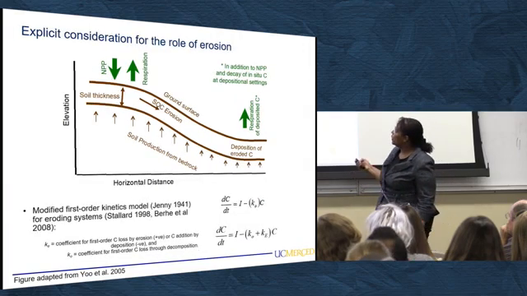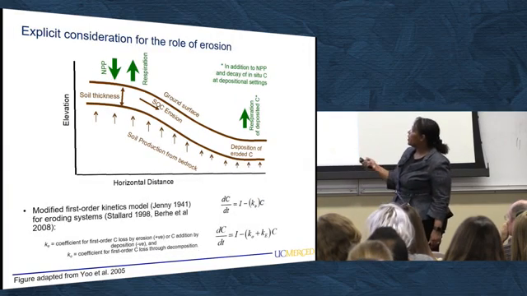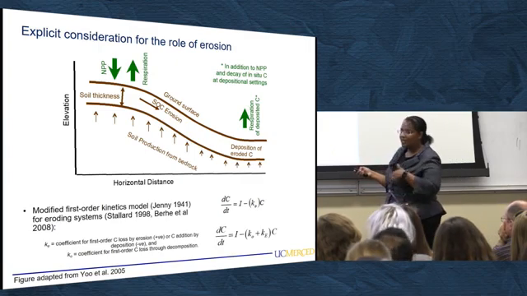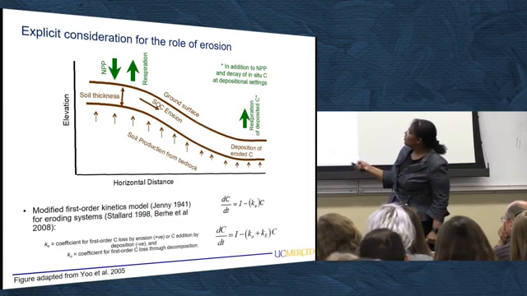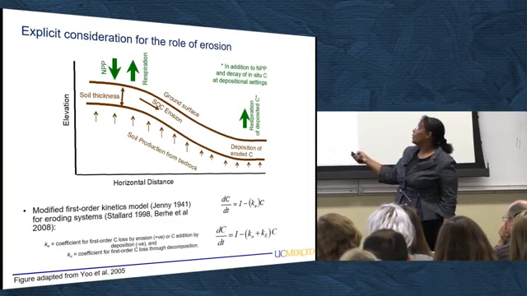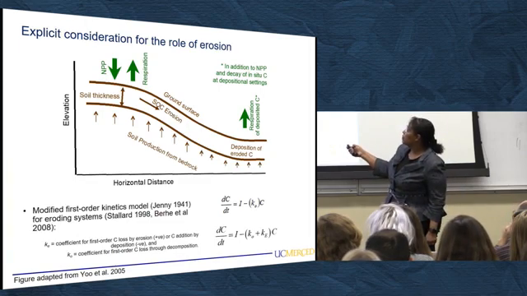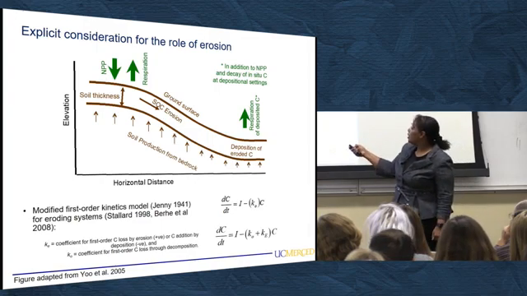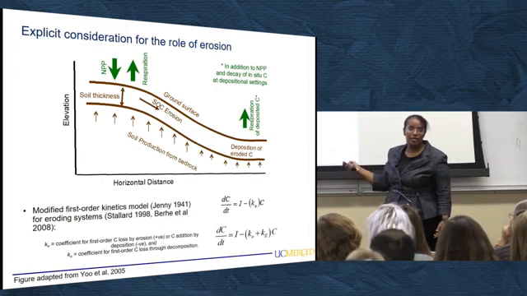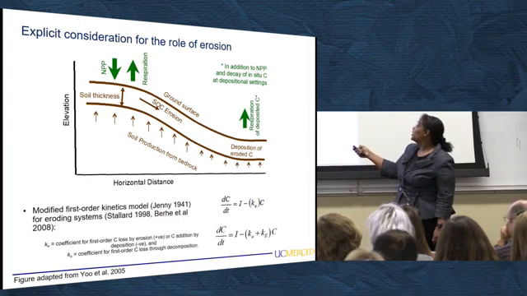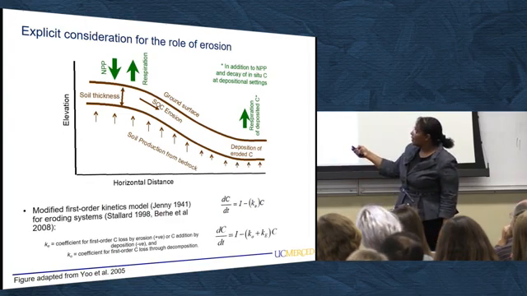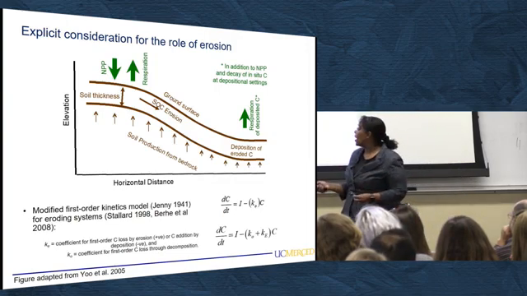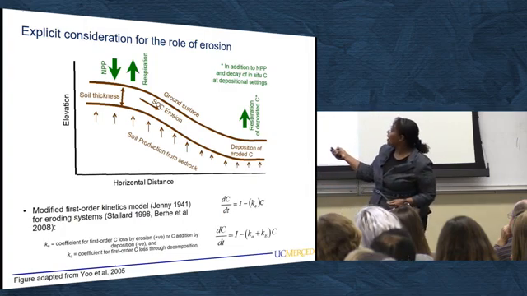And one of the ways that we've done this is basically to modify a very popular, very simple first-order kinetic model of carbon sequestration, which basically says what I showed you earlier. The change in carbon in a soil over time is a function of input and the rate at which the carbon pool is decomposing. Yenny's formulation of the model basically attributes this loss to oxidative decay. What we've done is just add another K term here to account for the fact that the net loss or change in carbon that you have is a function of not just oxidative decay, but also